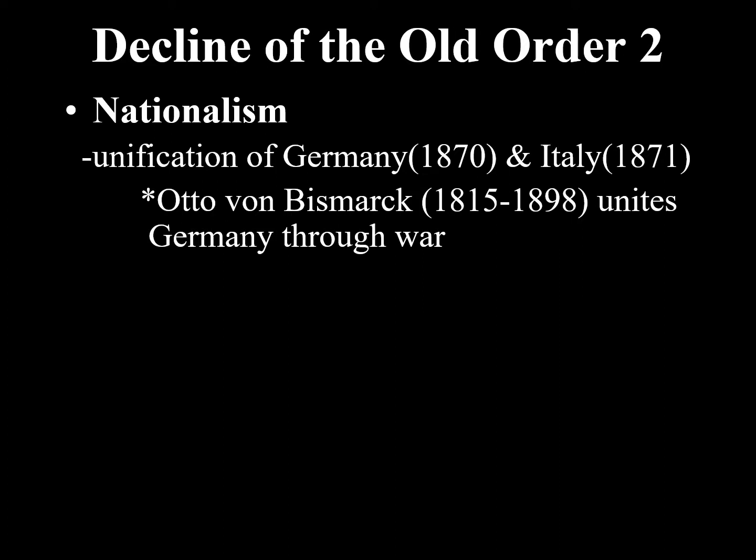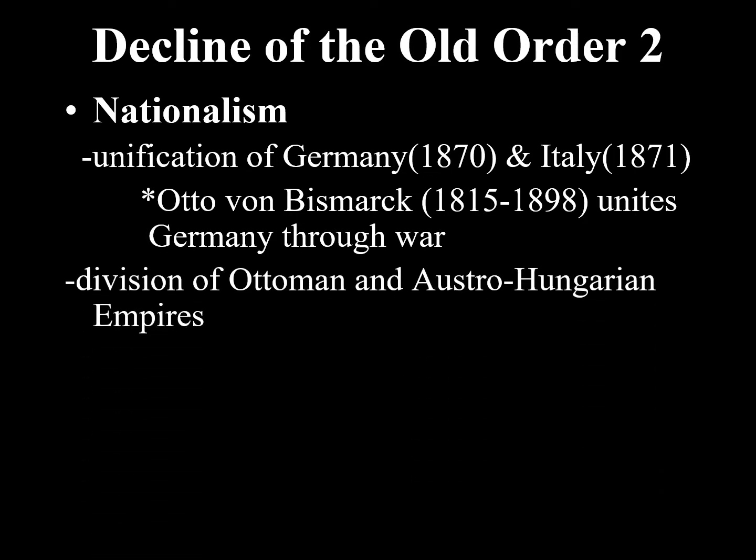In both Germany and Italy in the 1870s, the individual areas of each region united themselves around a common language and culture. Both found common enemies and united their peoples through war, the last of those wars being the Franco-Prussian War that led to animosity between the two countries that lasted to the mid-20th century.